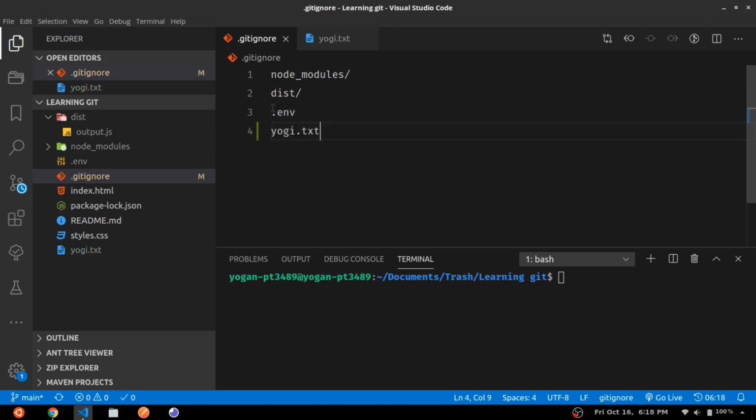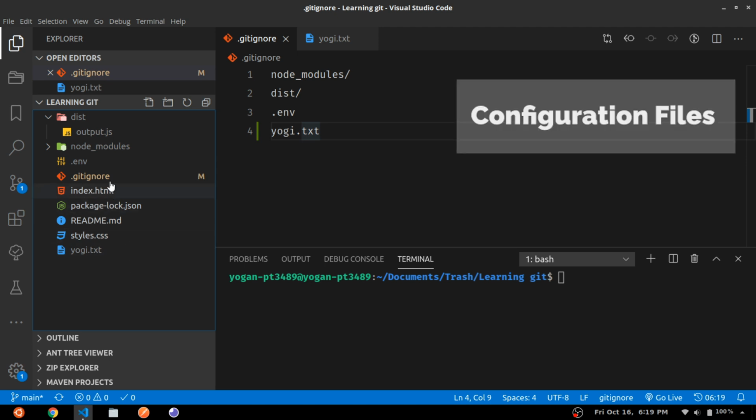To ignore all files in a directory, we can specify it as the directory name followed by a /. Notice that once I have saved the gitignore file, VS Code has grayed out the file, meaning that it is now an ignored file. But generally, why is there a need for such a mechanism? There are certain files that we don't want to be a part of the code base.